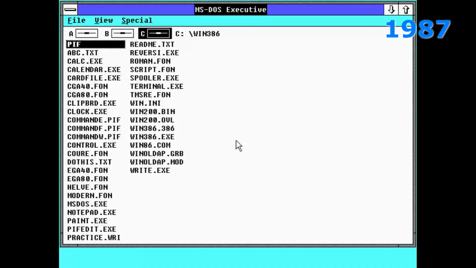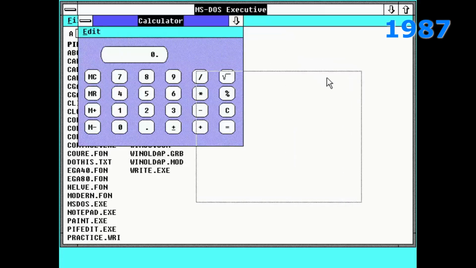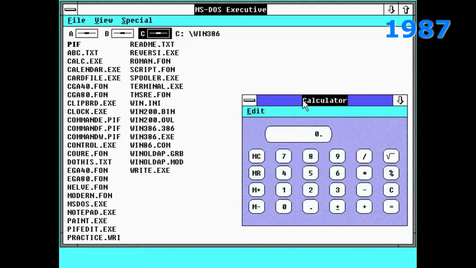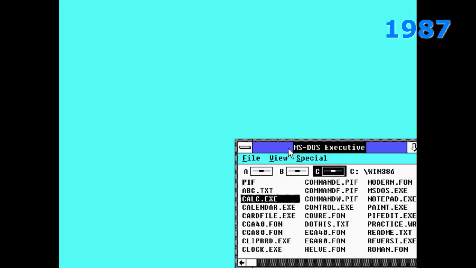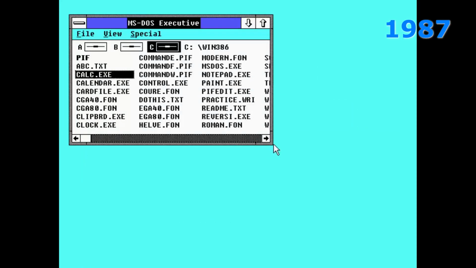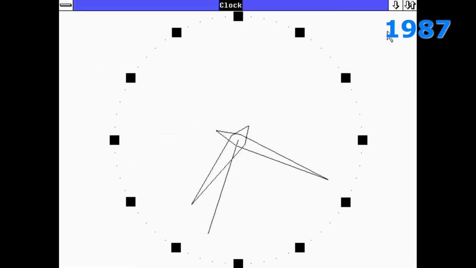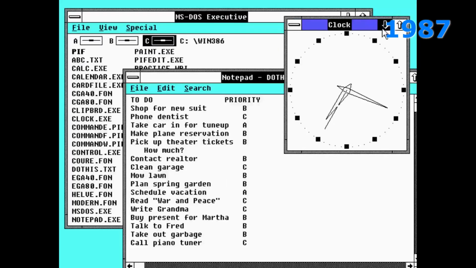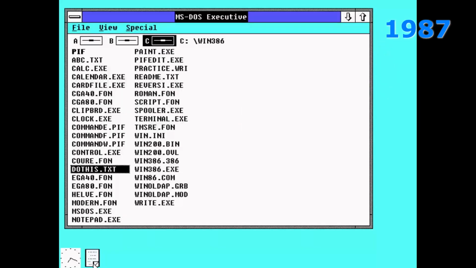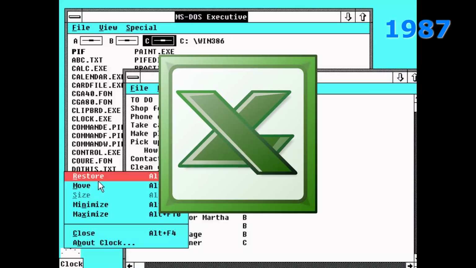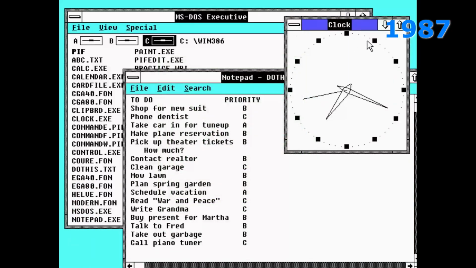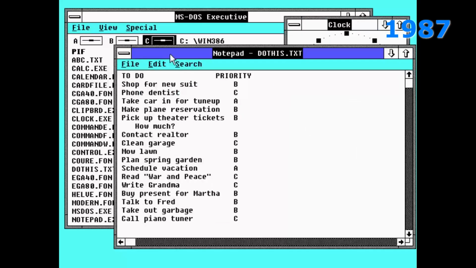The next major release, Windows 2.0, was released on December 9th, 1987, 2 years after. While pretty much keeping the look and feel, the biggest improvement was the windows now floating, meaning you could freely resize and move them around and also have them overlap. It also now had the minimize and maximize buttons. The menu bar now also works in the way we're familiar with, where you simply click on the entries. Apparently, this is the point where Microsoft Word and Excel were introduced. 2.0 was seen as a step in the right direction. It was more responsive and easier to use.